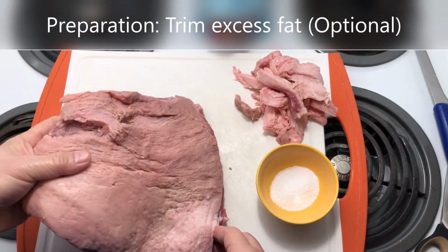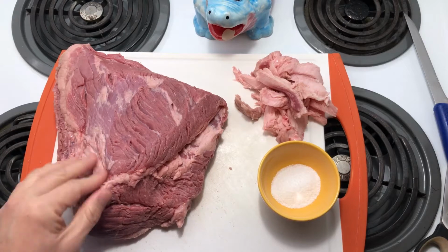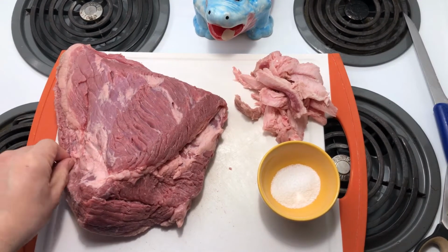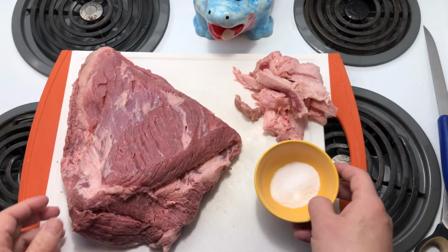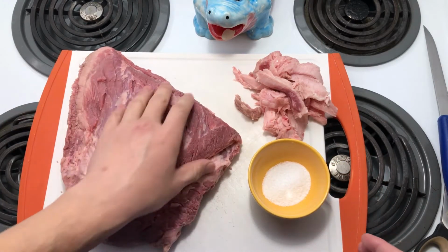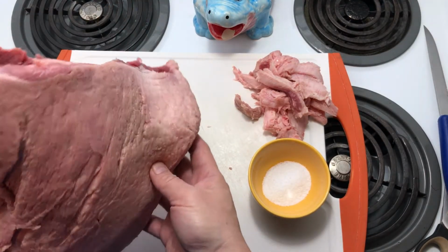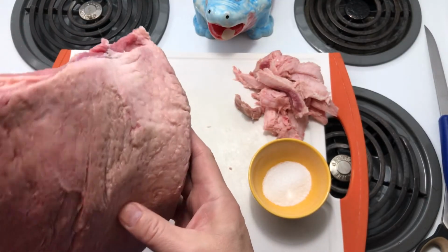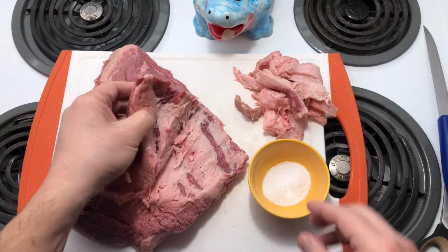Okay, I trimmed some of the fat off the middle portions and tried to clean up any of the loose hanging bits. Now that I've trimmed off the loose bits and extra fat, the trimming is optional, and for the most part the fat layer is not that thick. I mean, it's decent. So the idea is the fat will